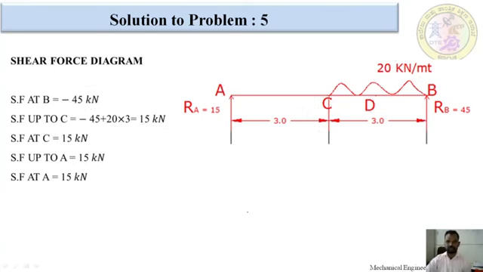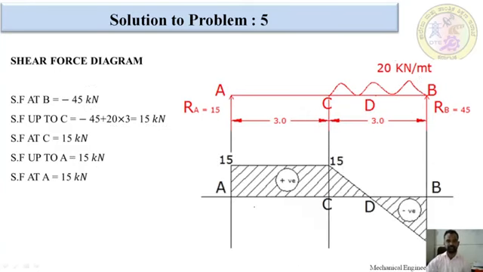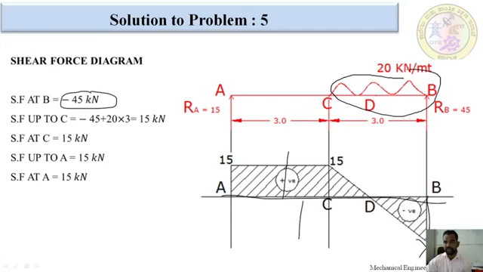After that we will draw the shear force diagram. This is the shear force diagram. First, negative values we have to draw below the baseline, and positive values above the baseline. The first point is a negative value, so I am going to mark negative 45 here. This is the 0 line and this is the 45 line. We join with a vertical line. After that we can't draw a horizontal line, as we previously discussed.